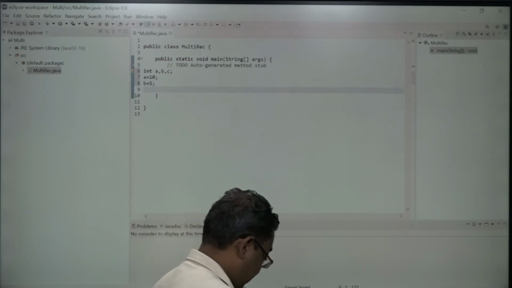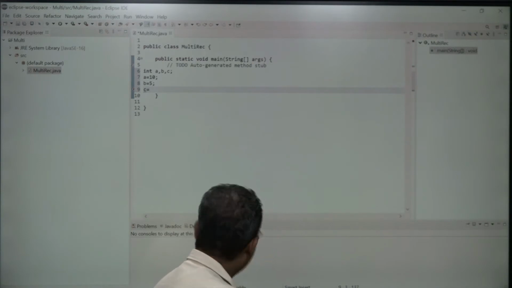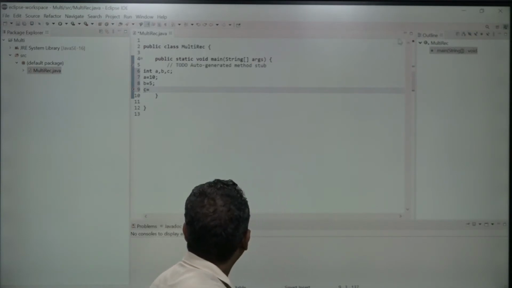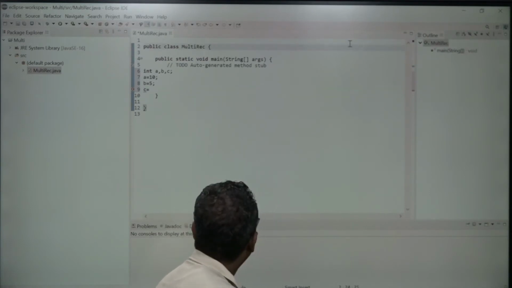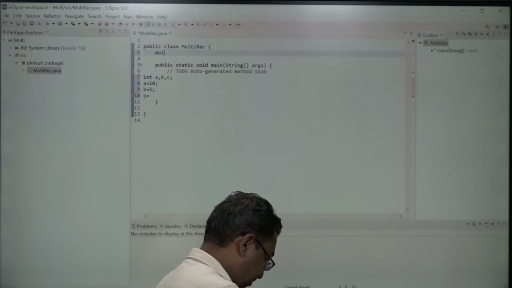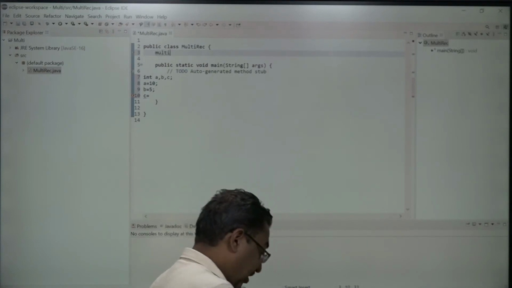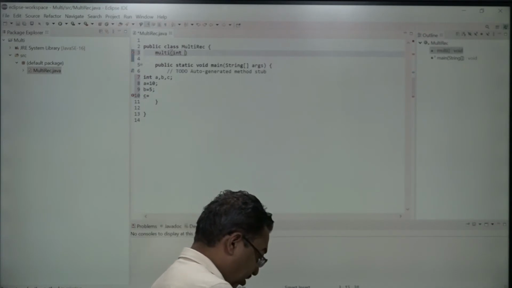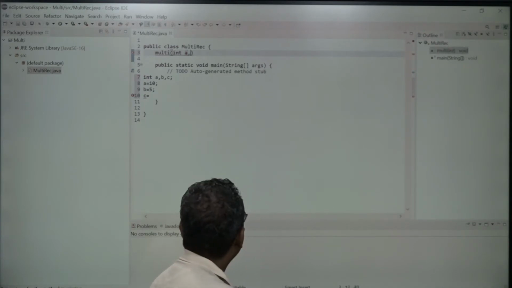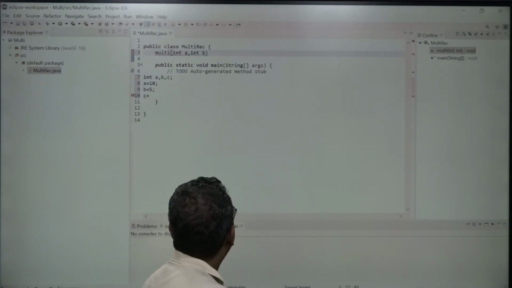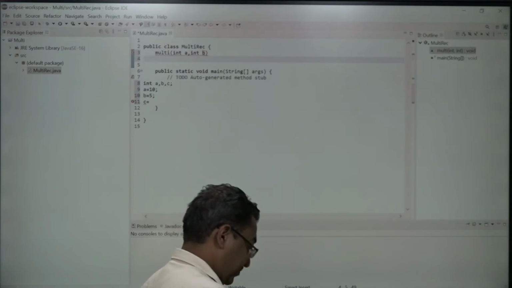Followed by C equal to the function call. And for that function call, we have to define the function, and what the name of the function should be. Let's make the function name as multi, which needs two parameters,